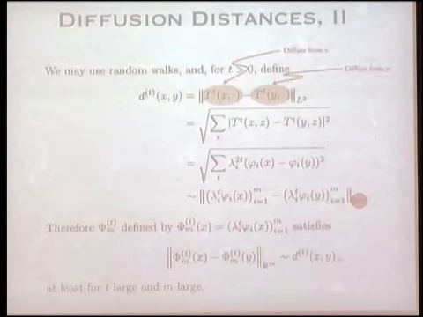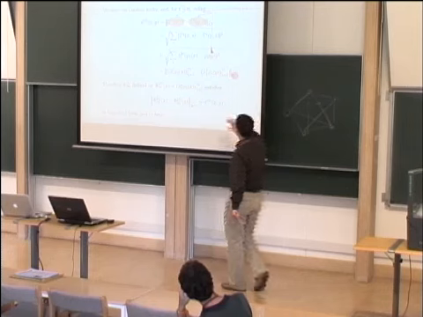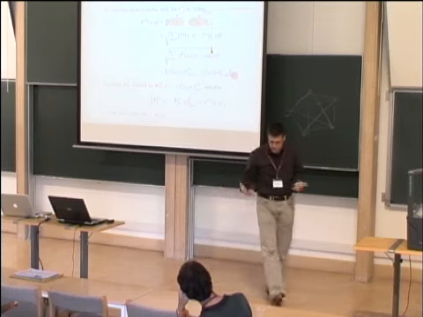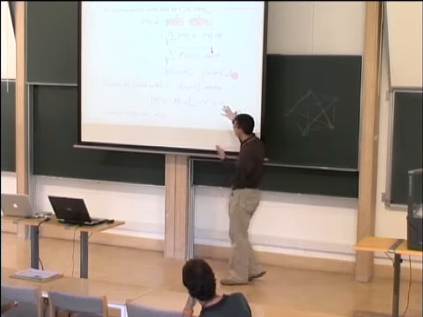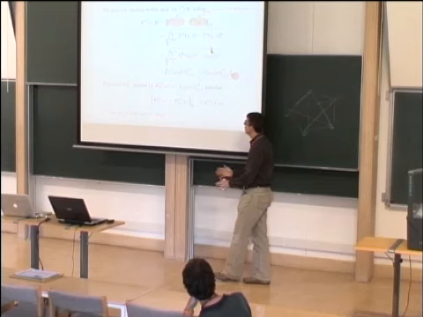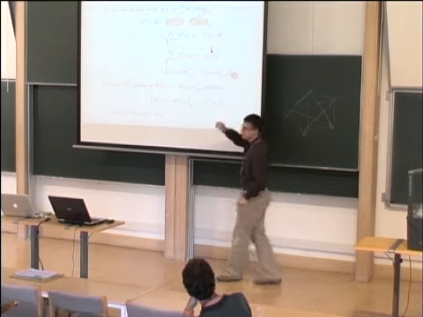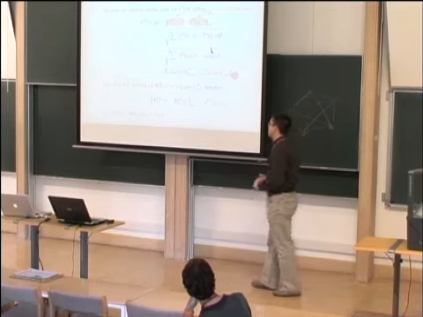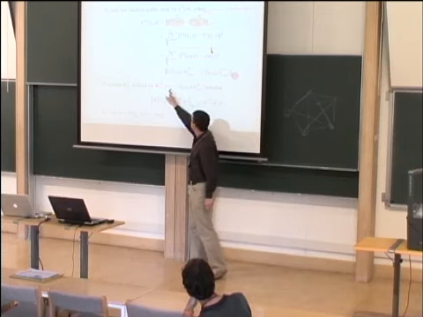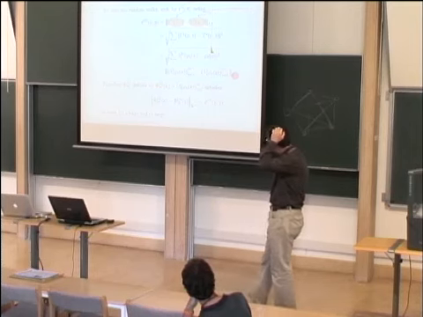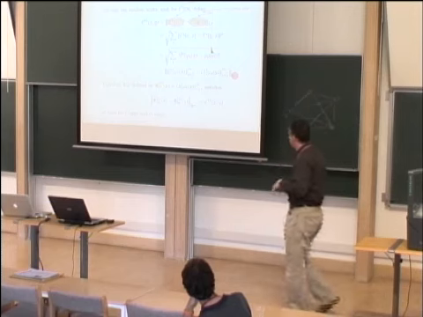So what do we find? That if we want to compute these distances between points on the graph defined by diffusion, we can simply approximate that by a distance in R^m for these sort of feature vectors. So immediately you are handed a natural map from the graph, an arbitrary graph. It didn't have to be Euclidean or anything. It's an arbitrary graph to R^m that tries to preserve these diffusion distances on the graph, and maps them to Euclidean spaces. So this is a map that takes every point on the graph and gives you a Euclidean picture that preserves those distances. This has been used a lot by several people.